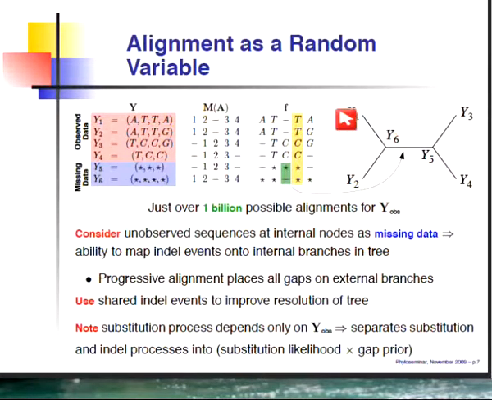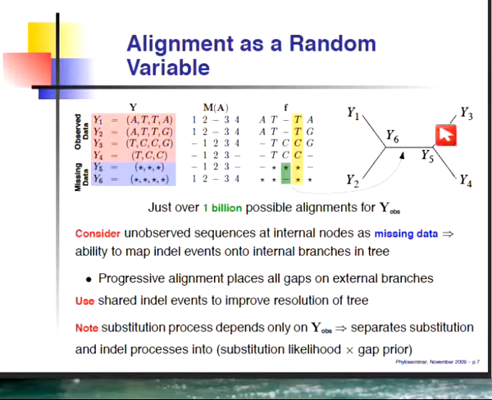So here is an example of just one possible homology. So T, C, and C are all homologous to each other, and they're also homologous to 2 unobserved sequences at the internal nodes. Now, this data augmentation procedure takes the standard alignment, which is a low-dimensional projection of the homology statements, and augments it into the larger space, which includes all of the homology statements that are occurring along this tree.